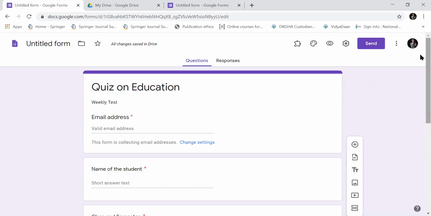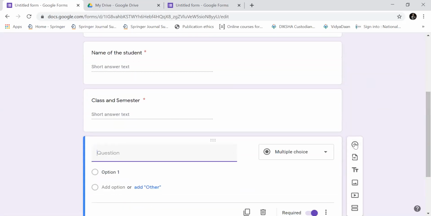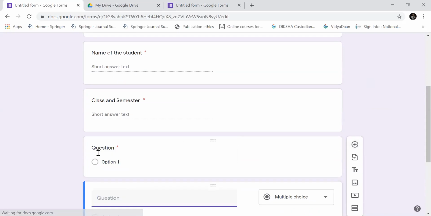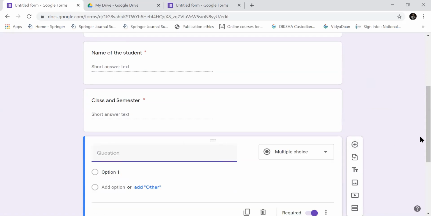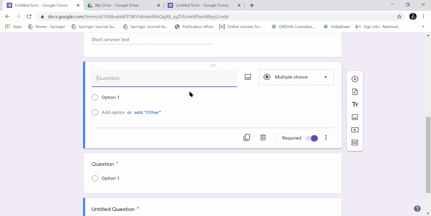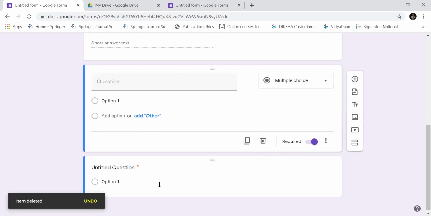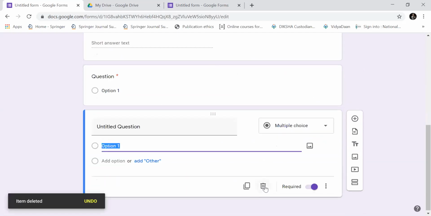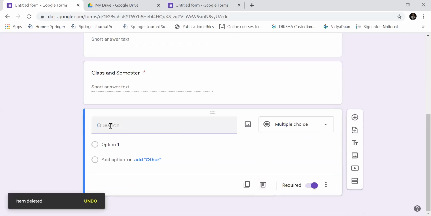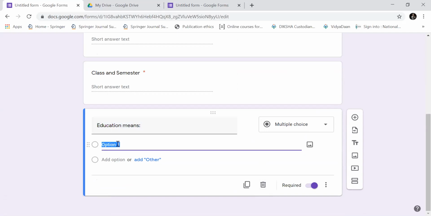Now I'm going to create some questions, like question 1. If you find there is another question like this, you can delete from here. You can delete from here if you don't want this. Right now, question 1, education means. First option is getting certificates, right?